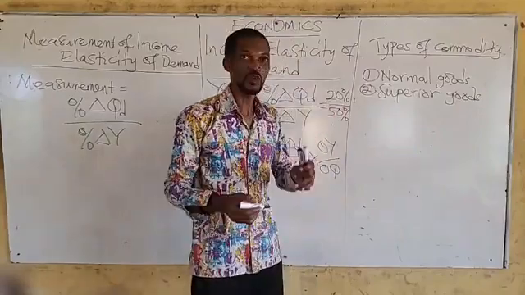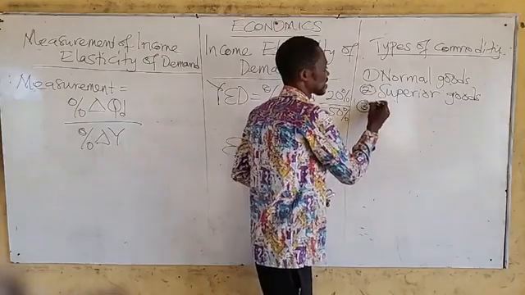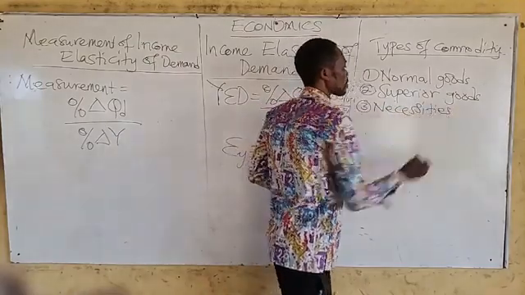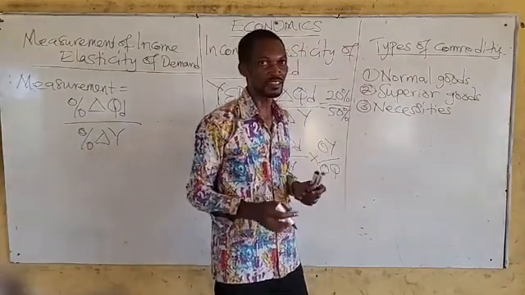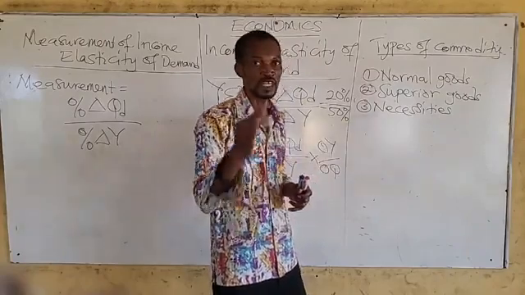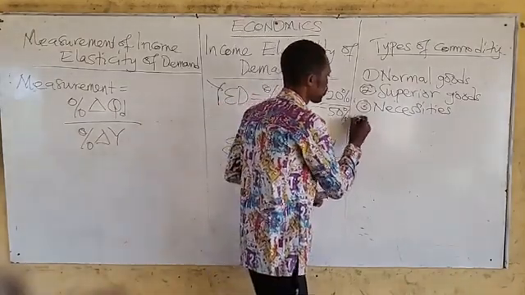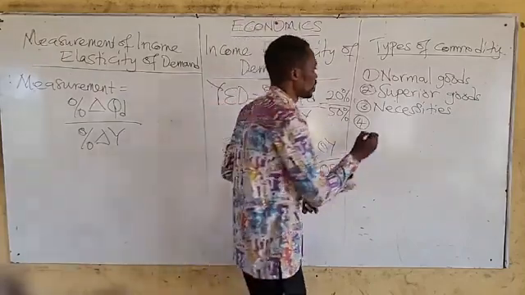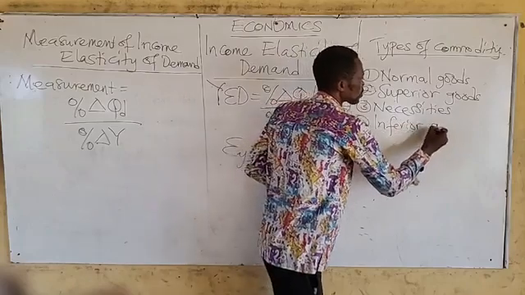Income elasticity, when calculated, can also reveal to you what we call necessities, or goods we say are subject to satiety. Necessities or goods subject to satiety. Then another one, which will be the last one which income elasticity reveals to us, is what we call inferior goods.